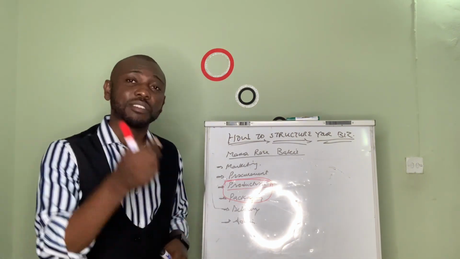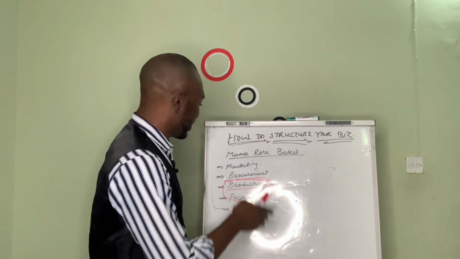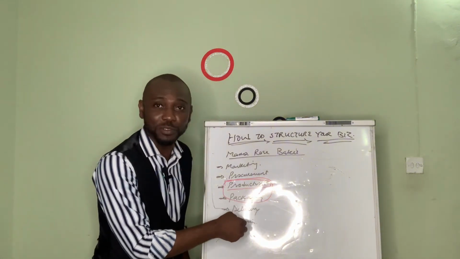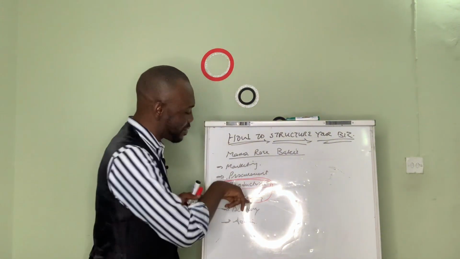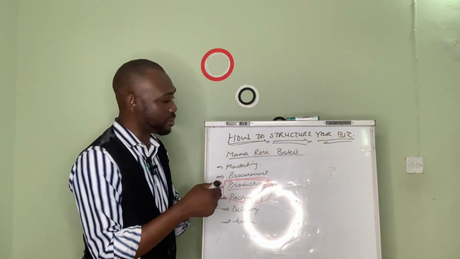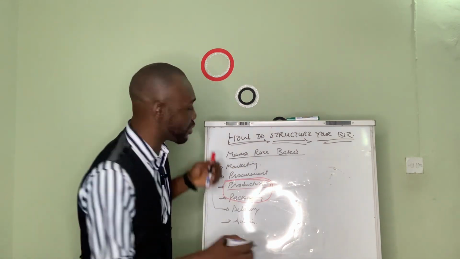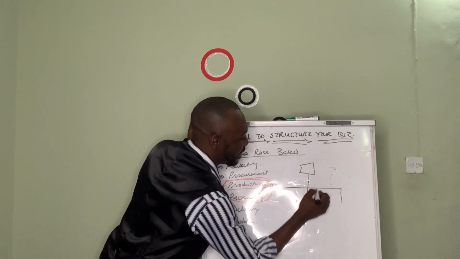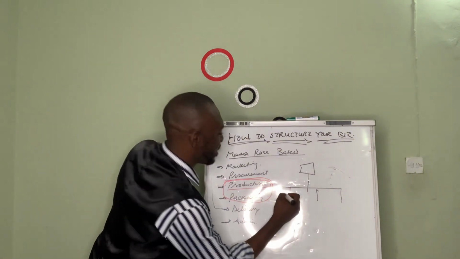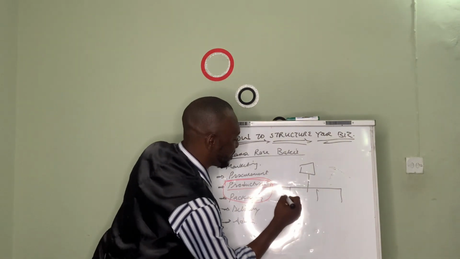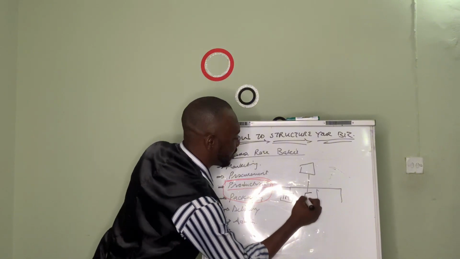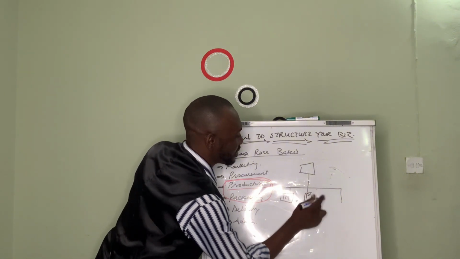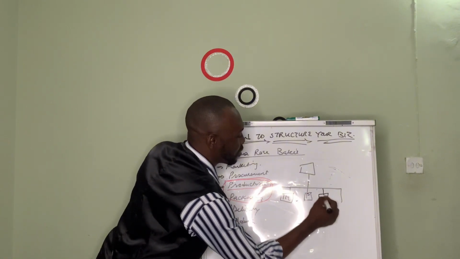In fact, if I will even advise further, delivery can be part of admin. So you can put delivery inside admin. So when this person wants to create just a simple structure for a business, she does drop something like this, and just marketing, procurement, production,